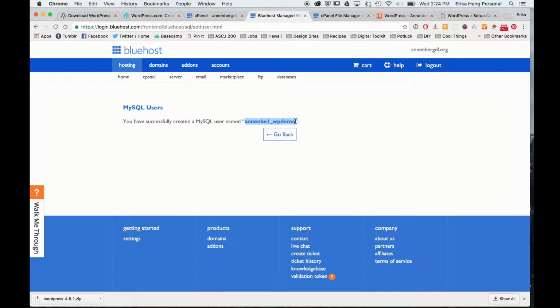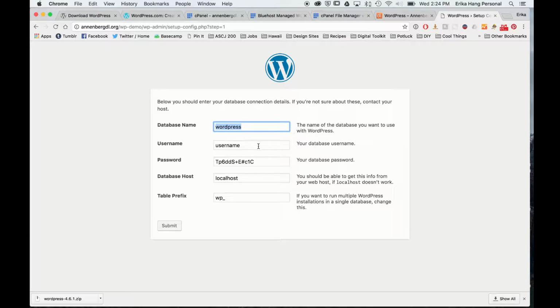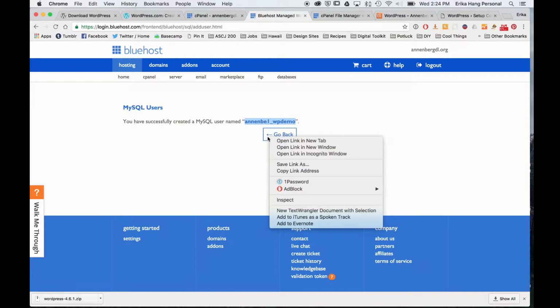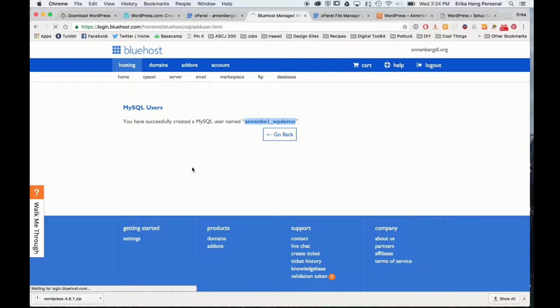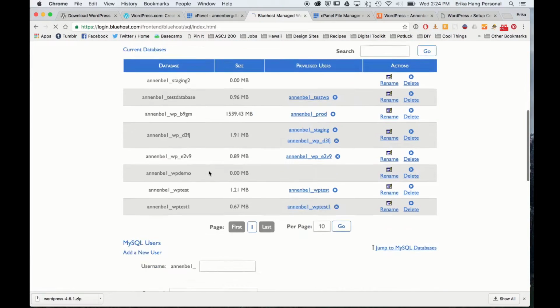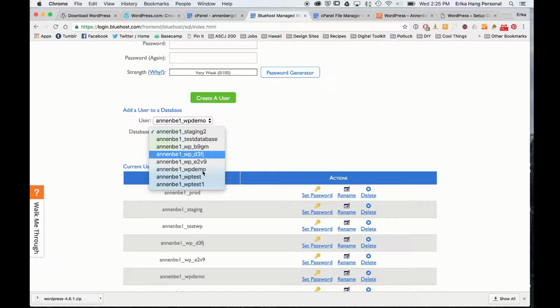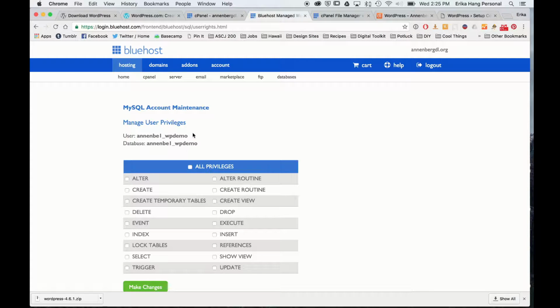There's one more step with Bluehost that gets a little bit confusing, and that's that you actually have to add the user that you created to this specific database that you created. So you go back, and then that's add user to database. WP demo is the user, and that's also what we call the database. You click add, you give it all privileges,